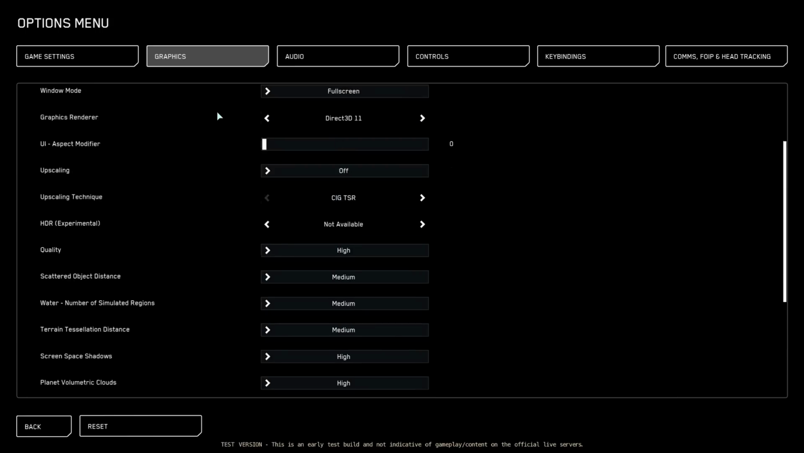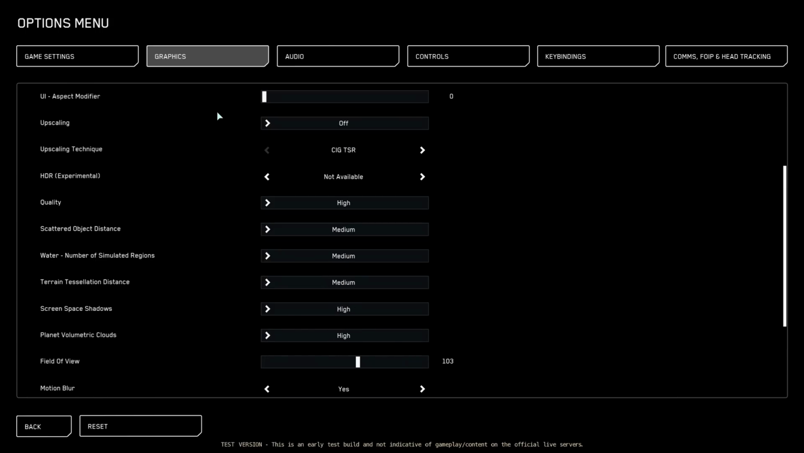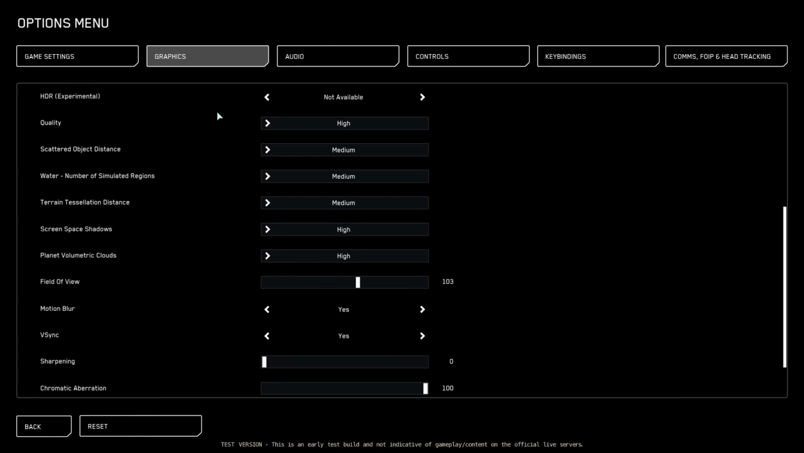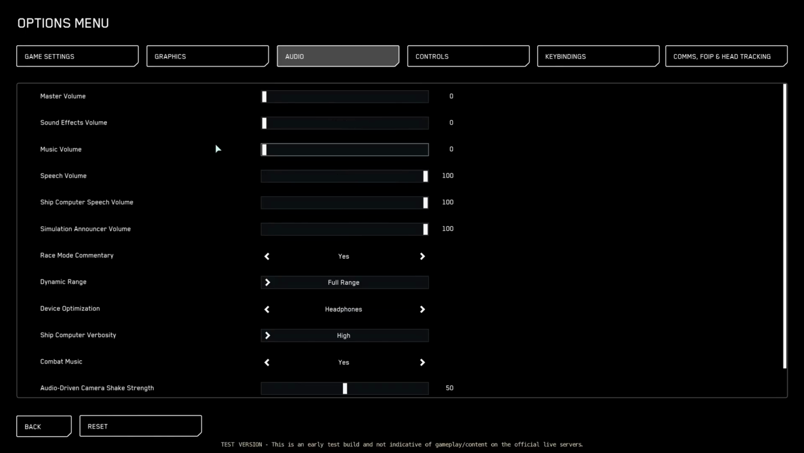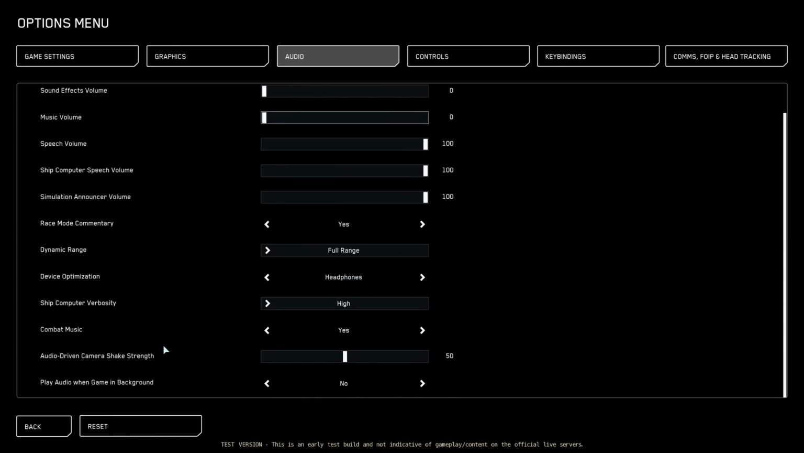everything else. There's nothing in here that I can tell you that's going to help you or make you better. You just have to mess with this on your own. Do what works best for you. Audio tab, same thing, not much to talk about here. The only thing I will change here, actually, I will scroll down to audio-driven camera shake strength, and I will put this down to 0 because I do not need camera shake or anything like that impeding how I play